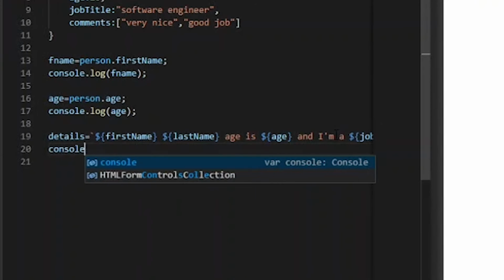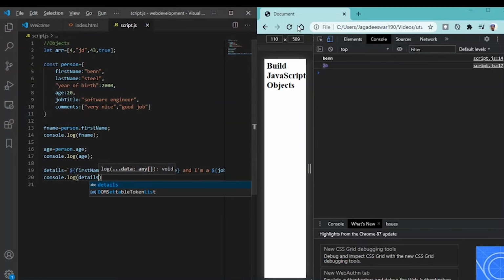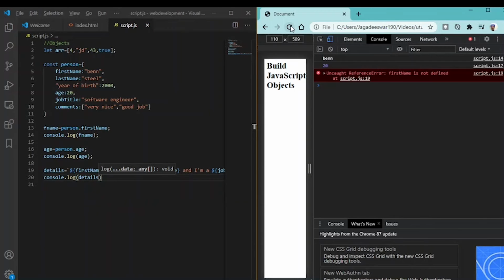If you print it with console.log details, save the file, refresh it, check the error.